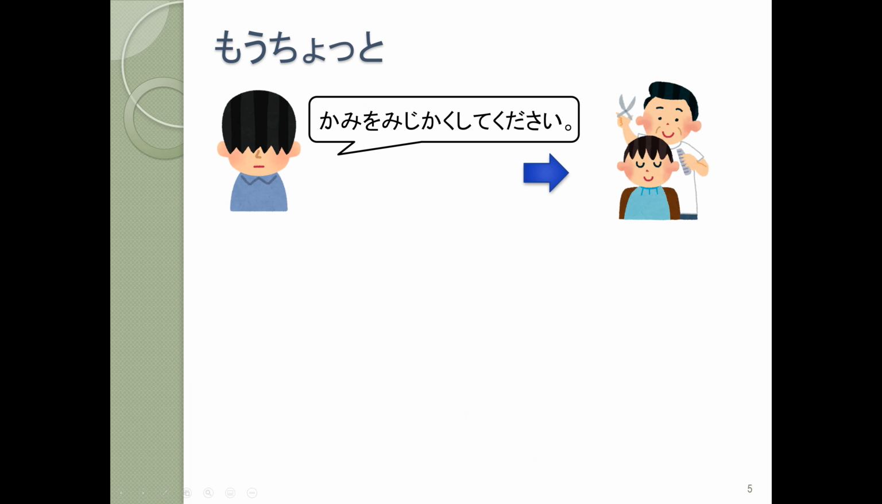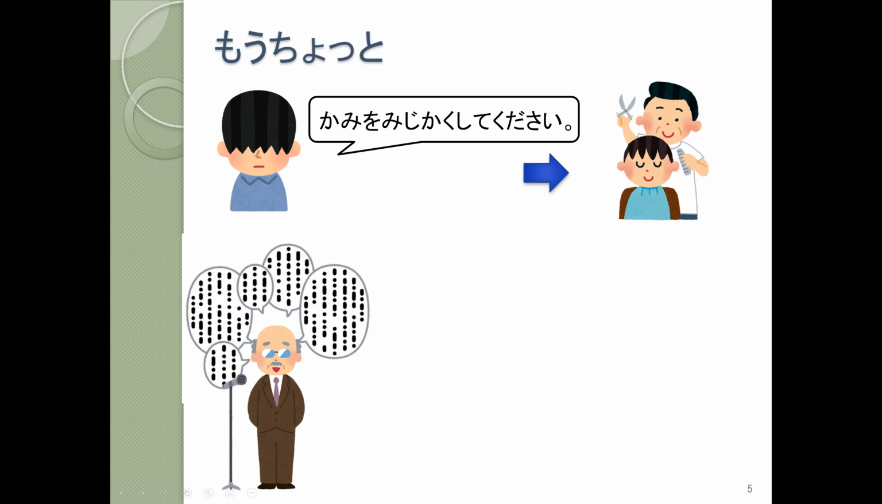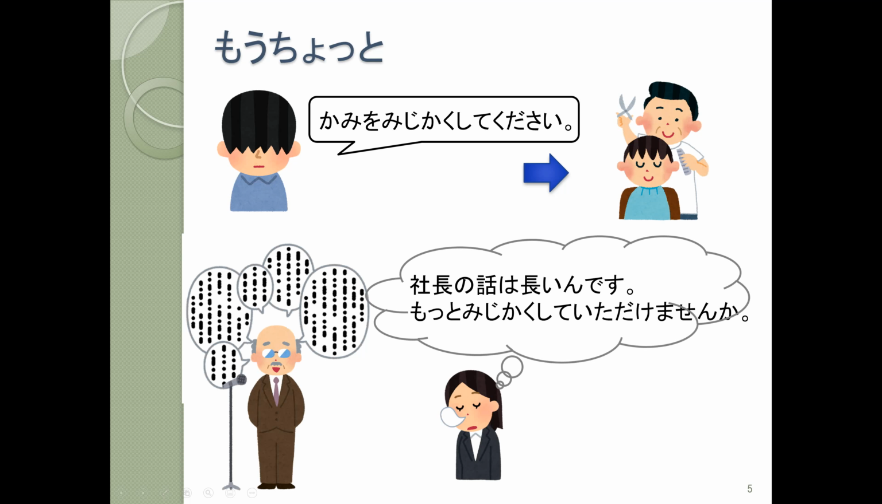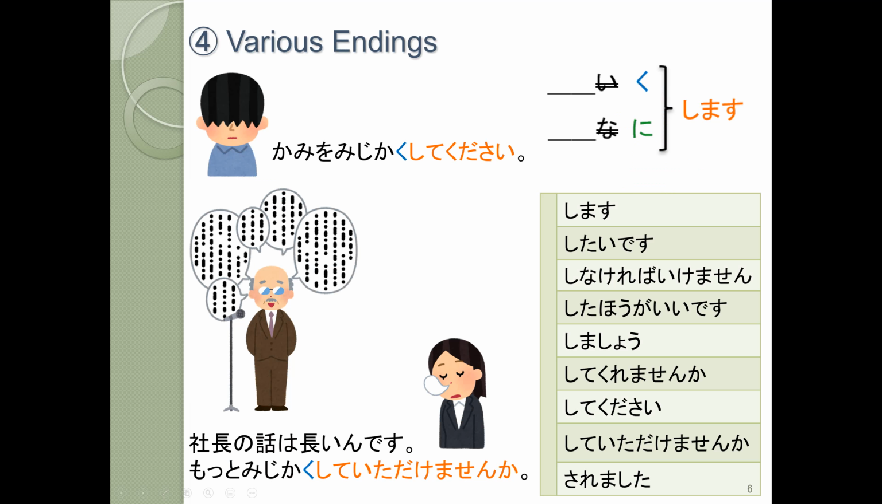So let's take a look at a little bit more that we can do with this. 私は髪が長いですね。髪を短くしてください。Or, 社長の話は長いんです。もっと短くしていただけませんか？So, 短くしてください。短くしていただけませんか？So just like we can change shimasu, this e adjective ku shimasu or na adjective plus ni shimasu can